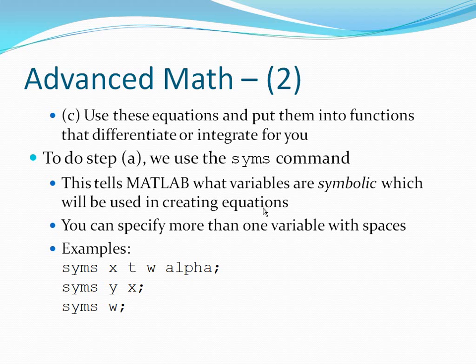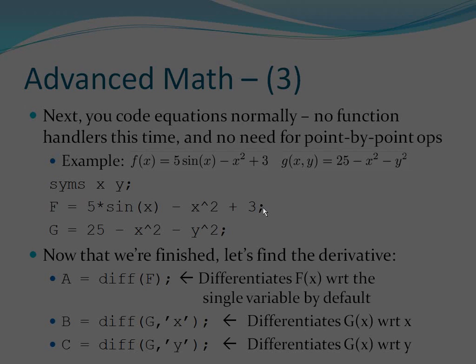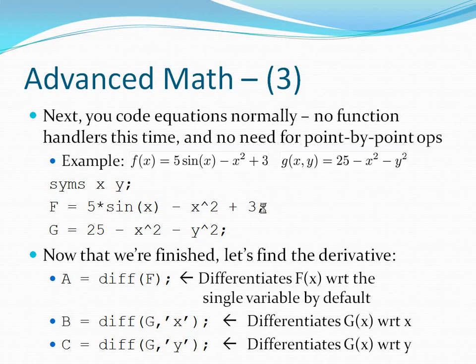Next, you code the equations normally. There are no function handles this time, and you don't need to do any point-by-point operations because this is a symbolic function. There's no way that you can substitute values into the function. This is just an equation by itself. So for example, if you wanted to create a function which is 5 sine x minus x squared plus 3, as we talked about before, or a function which was 25 minus x squared minus y squared,